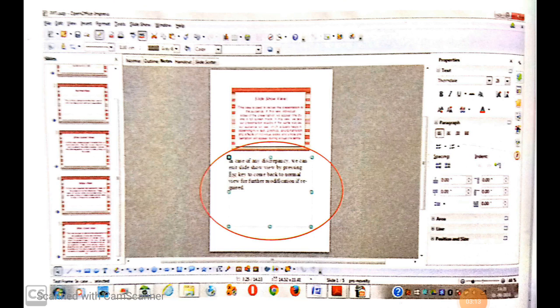This text will not be displayed to the audience during the slideshow. The presenter can comfortably refer to this text at the time of presentation. In this way, notes view can be used.